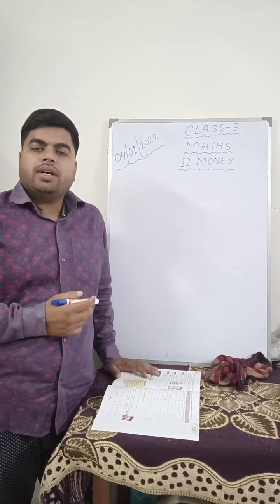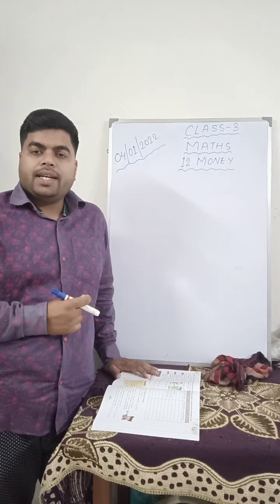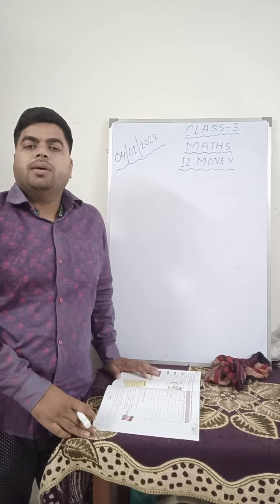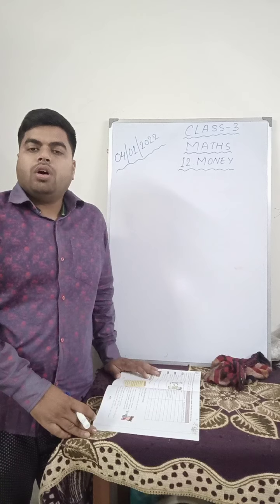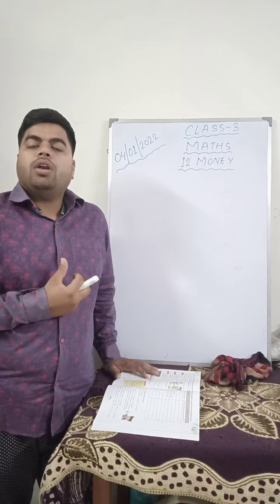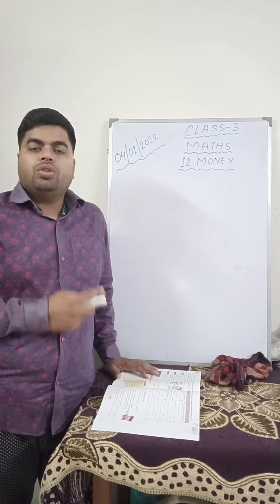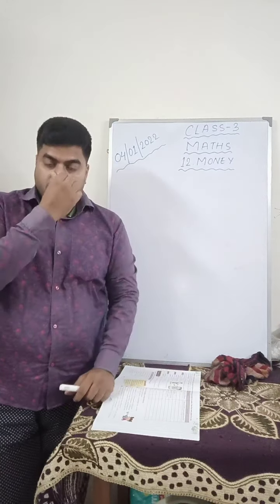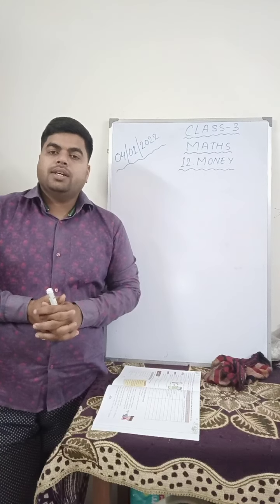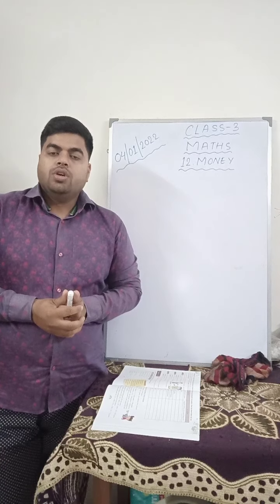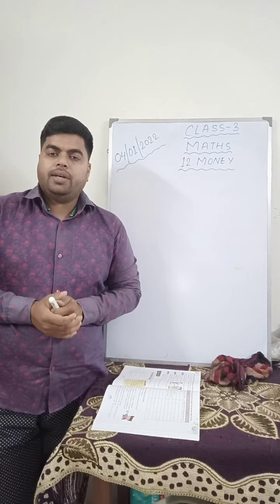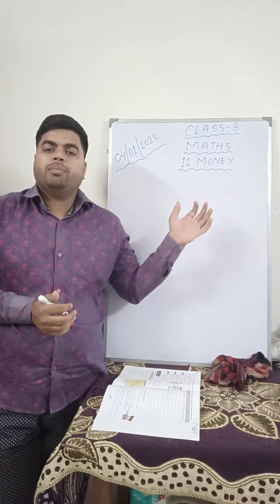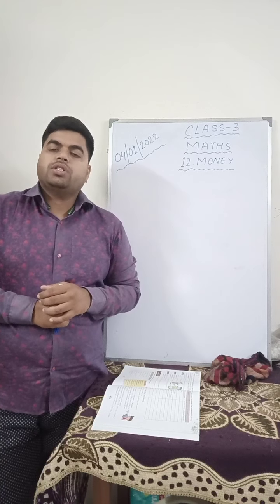So, apart from this, let us begin with our second chapter of your syllabus, chapter number 12, money. Now, you all are very familiar with this word money. Money is that thing which we use to buy and sell goods. It is the transaction of our day-to-day life for buying and selling of commodities or goods in terms of money. There are two units of money.